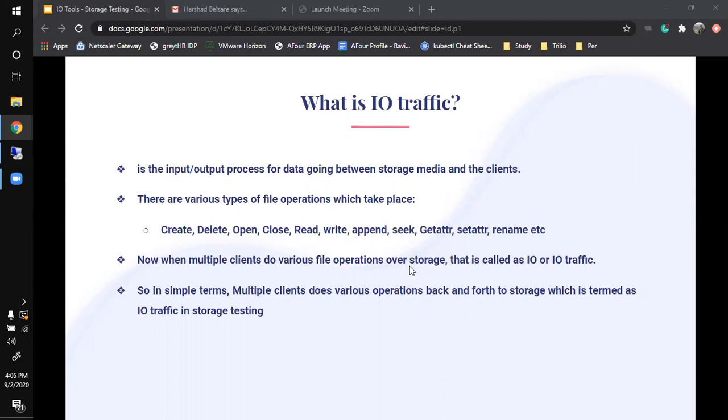That's more like doing input and output from the clients, and that's what creates the traffic coming from the clients, accessing various processes in between, transferring the packets over the network and getting the operation done. So IO traffic is the same input output process for data going between storage media and other clients.